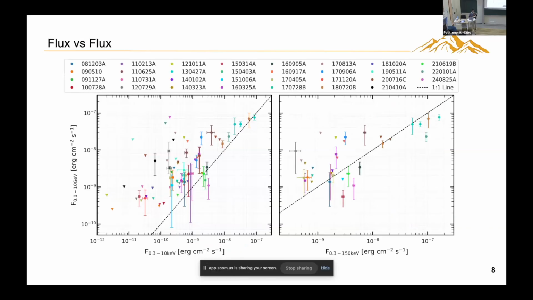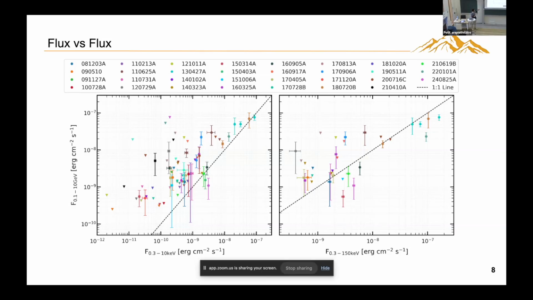I performed the time-resolved spectral study. I would like to compare the two observables, such as the energy flux X, which gives you, let's say, the emission in the given energy ranges, and the spectral indices. First of all, I'm showing you here the comparison between the emission in the given energy ranges.